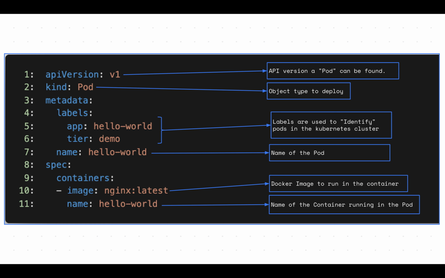You have a label. A label is very, very important in the Kubernetes cluster. Regardless of the components you are deploying, a label is very important. It is used to identify resources within the Kubernetes cluster. Then on line 7, you have the name of the pod, and from line 8 to line 11, you have the specifications of this pod: the container image you want to run, and the name of the container you want to run. This is a simple configuration of a pod to be deployed on Kubernetes. If we have time, we're going to be doing a simple demo concerning this.